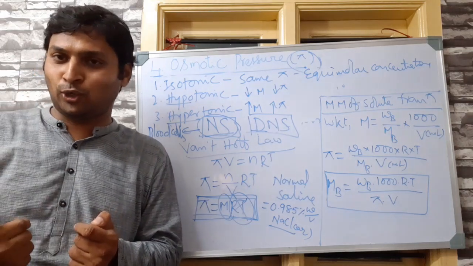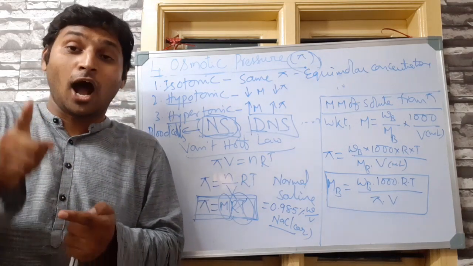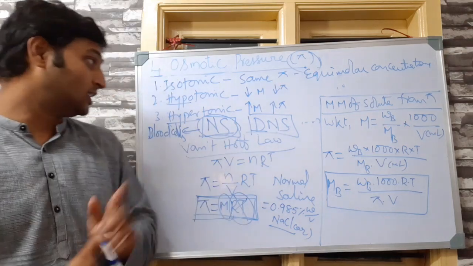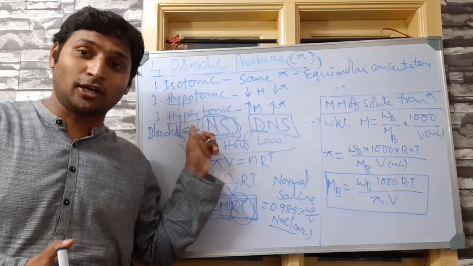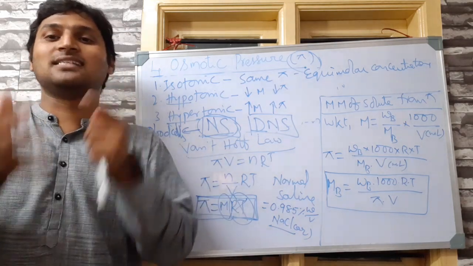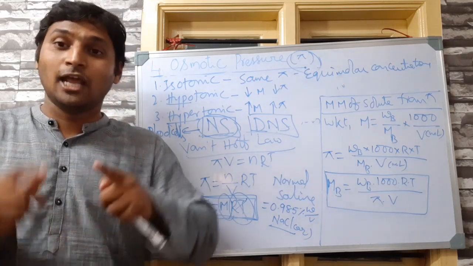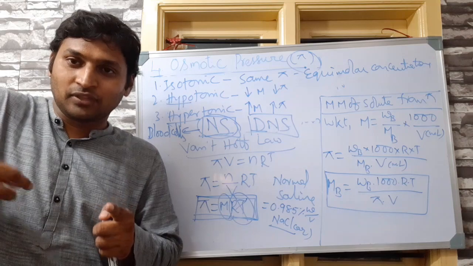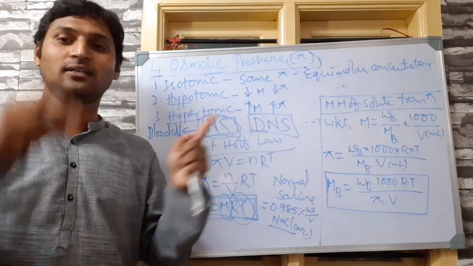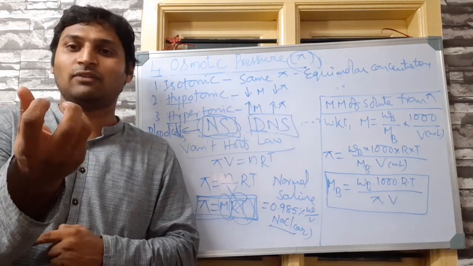Blood cell will be hypotonic and saline water will be hypertonic. Now always solvent flows from lower concentration to higher concentration, hypotonic solution to hypertonic solution when separated by a semi-permeable membrane. The plasma membrane of the blood cell is nothing but a semi-permeable membrane. So from the blood cell, the solvent molecules, means the water, start flowing outside into the saline water that you have injected. As a result, the blood cell will be shrinking.